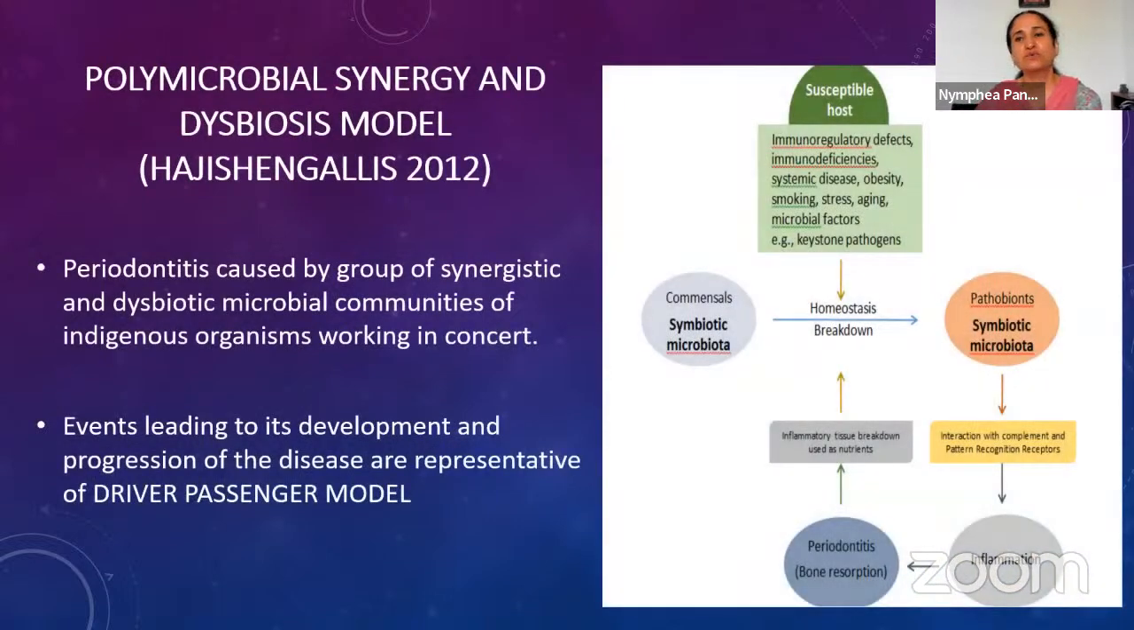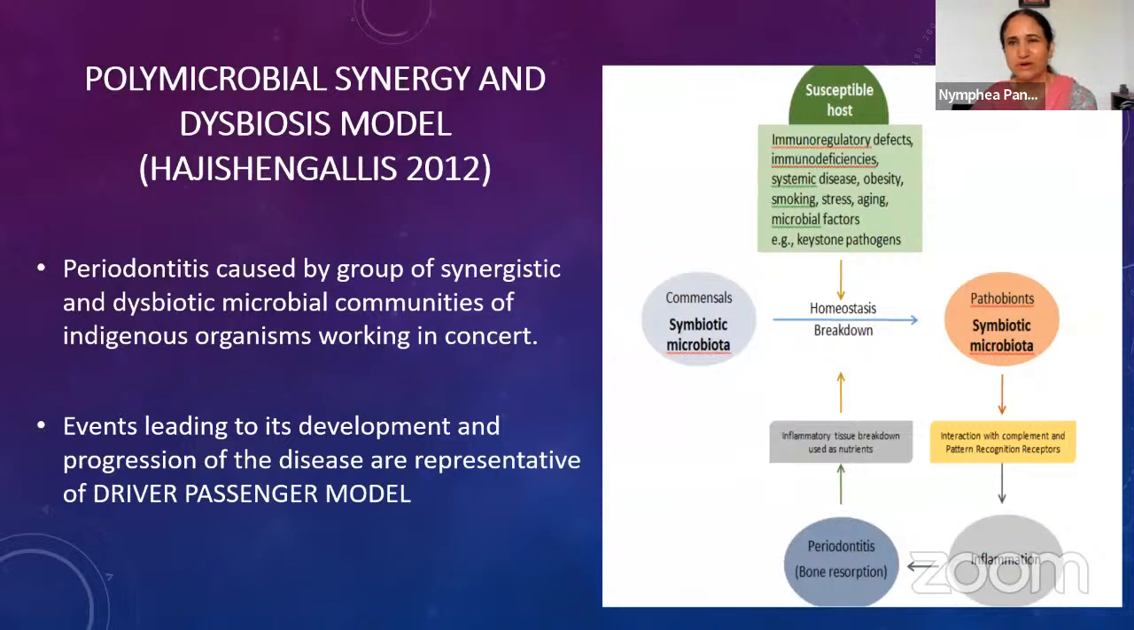Then in 2012 came the polymicrobial synergy and dysbiosis model. Now we were not putting P. gingivalis as the main culprit. So again, we were going from one organism to multiple organisms. When we were going to one organism or a group of few organisms, now again we are going to a group of organisms or more organisms. So what they suggested in 2012 was that,